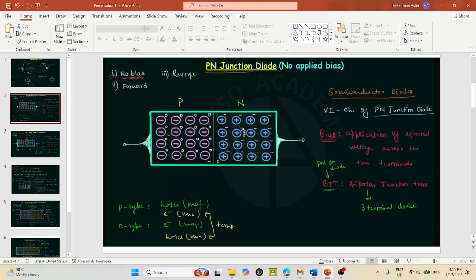In case of pentavalent impurities, they have an extra valence electron which they tend to donate. So this type of atoms are called donor atoms. In case of p-type semiconductor, we know the majority charge carriers of p-type semiconductors are holes, and in n-type semiconductor the majority charge carriers are electrons. So in p-type semiconductor the concentration of holes is high, and in n-type semiconductor the concentration of electrons is